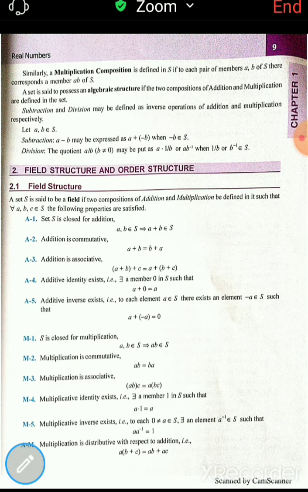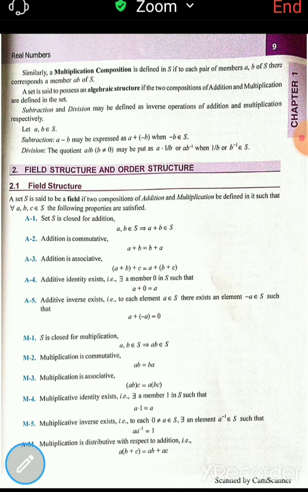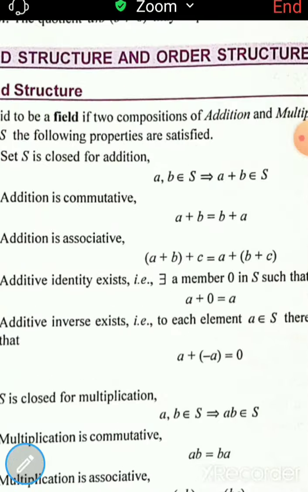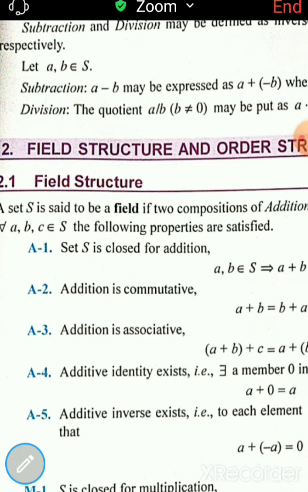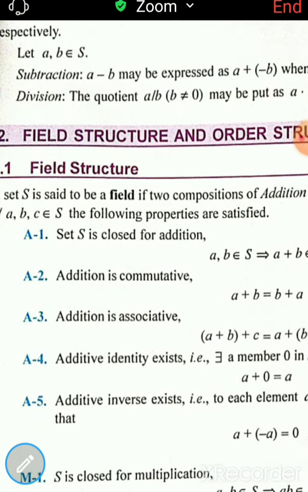Now see here, this is the syllabus for real analysis. All of you are now aware about the syllabus for the BSc second year that we saw the day before yesterday. So again today we will see the syllabus for paper number 6, that is real analysis, and we will begin with that syllabus. This is our first article, that is article number 2, field structure and order structure. So what is field structure and order structure, that we will see today.